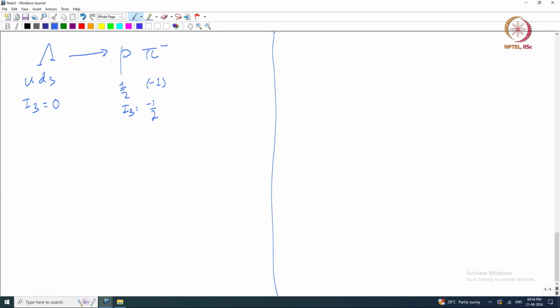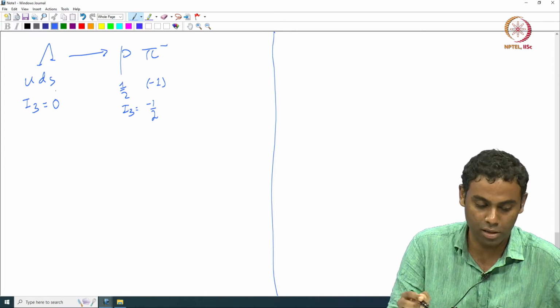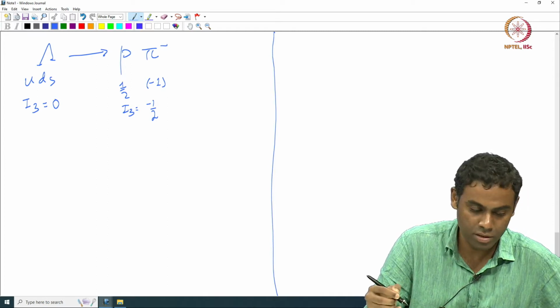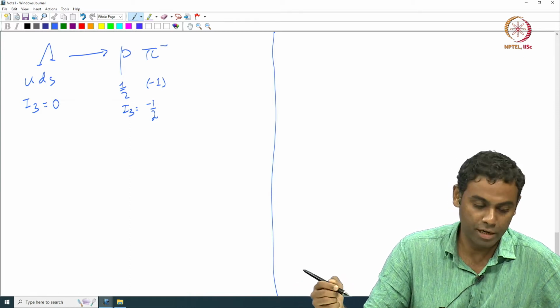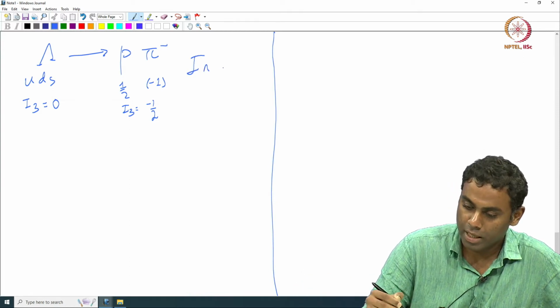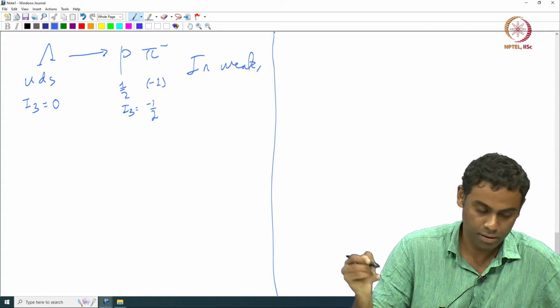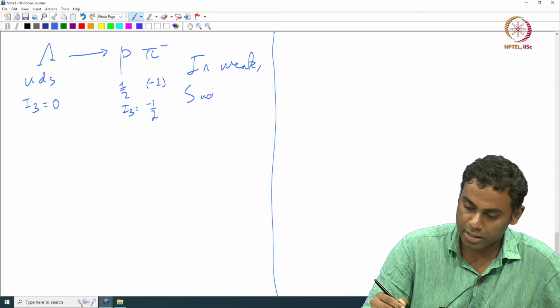Why could that be? Well, simply because this is not a process in which strangeness is conserved necessarily. Explicitly it is gone. You had a strange quark on the left hand side, it is gone on the right hand side, and that again is because of which interactions violate strangeness? It is the weak interactions. So in weak interactions, S is not conserved.